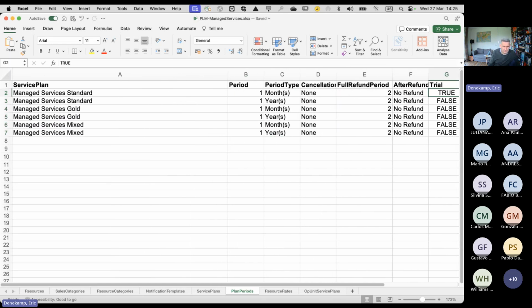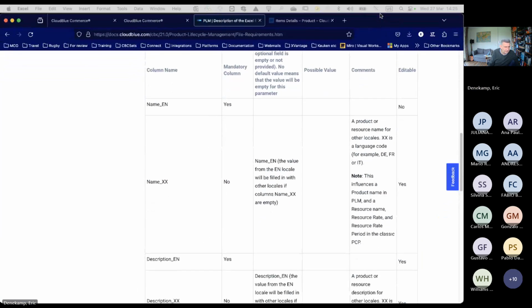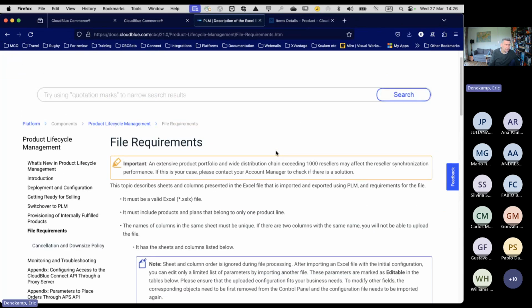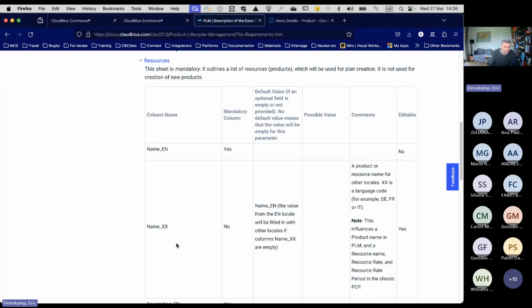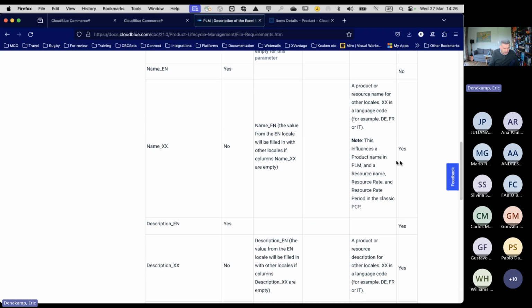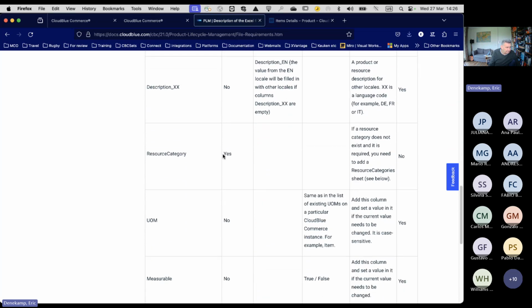The content of these tabs and these items, of course, are showing in this documentation setup. So if I go in here, I can see whether I can make changes later. I can see descriptions, and here, this is, Ana Paula, where you can find that information. For example, DE, FR, or IT. In your case, I think it's probably PT, and if needed for Spanish, do an ES.